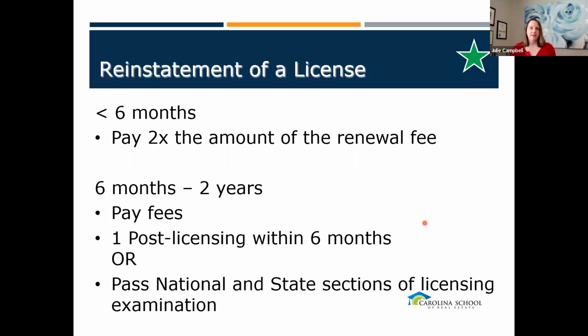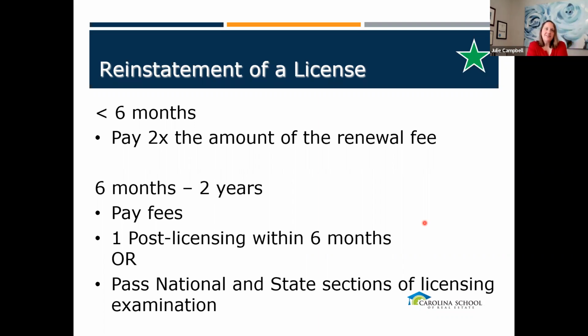What y'all gonna do? Yeah, I see the expression on your face. Post licensing all day long, right? Well, I go back to PSI. Doesn't matter. Gotta do one or the other. Again, the thinking here is you've missed education. If you've been expired 6 months to 2 years, you've missed some education. So if you want to get back into it,